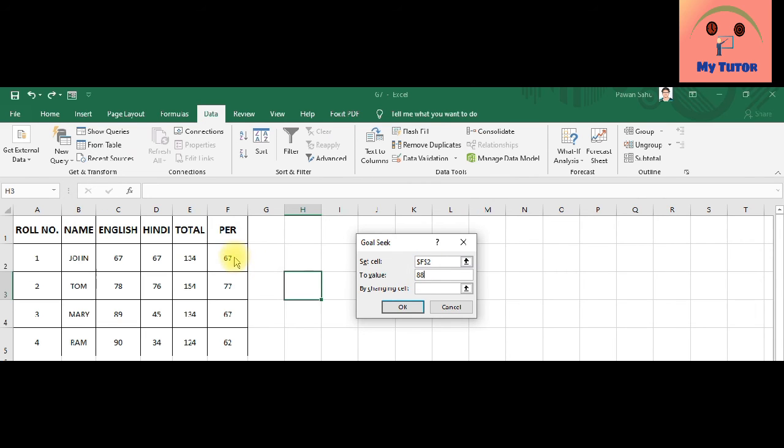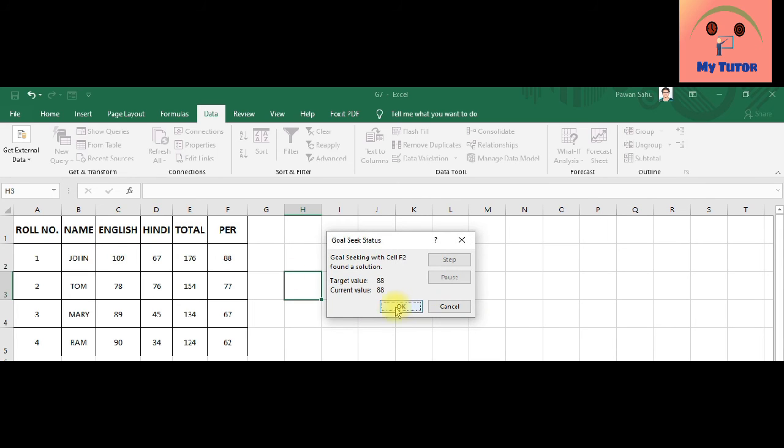Now I want to change the English marks, meaning how much marks should be obtained in English so that the percentage will be 88. So select the cell, this is C2. Just click on the cell, automatically it will come. Then OK. So you need 109 marks.